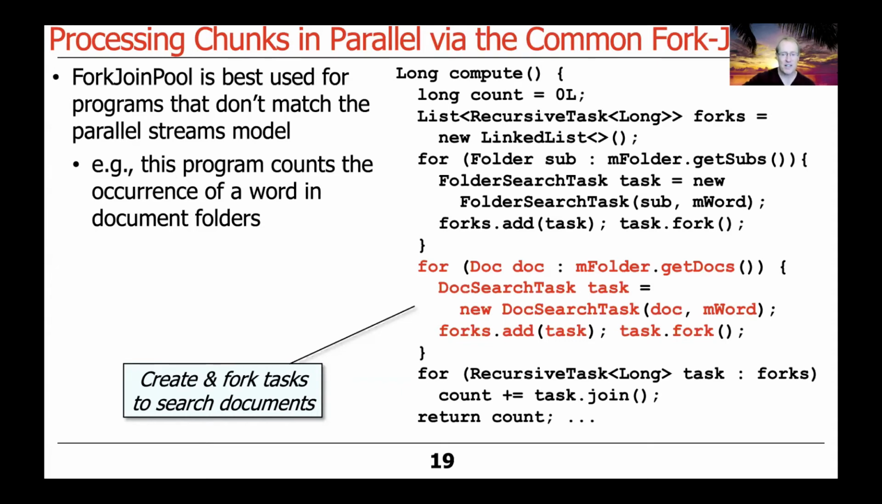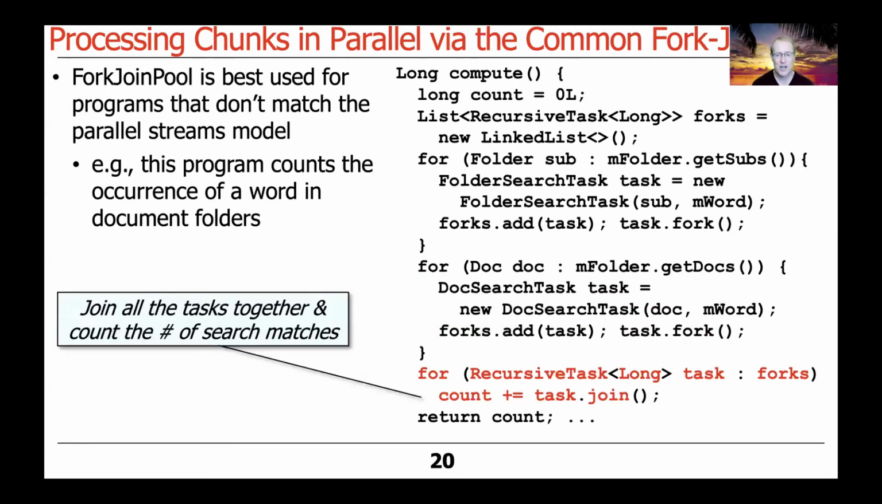And then after we've kicked everything off in motion, and this will all run recursively as well if you have subfolders, we end up going through a loop for each of the tasks that's in the forks list. So for each recursive task, we're going to join with that particular task, and then we're going to increment this count that we're accumulating. And what join does is it has this cool semantics that basically says, don't block the caller, go off and help to